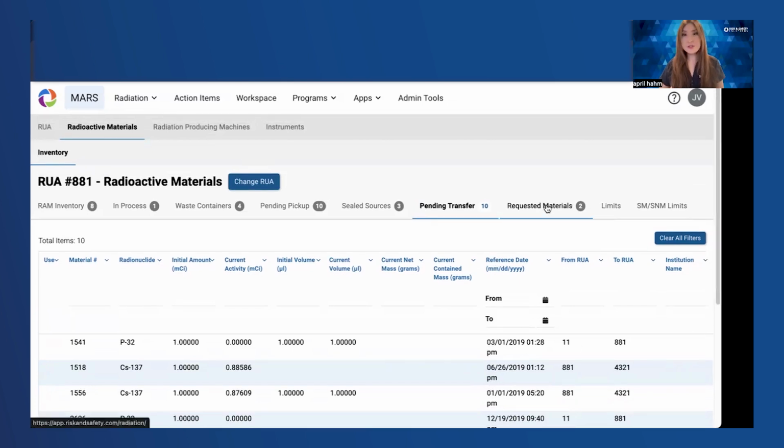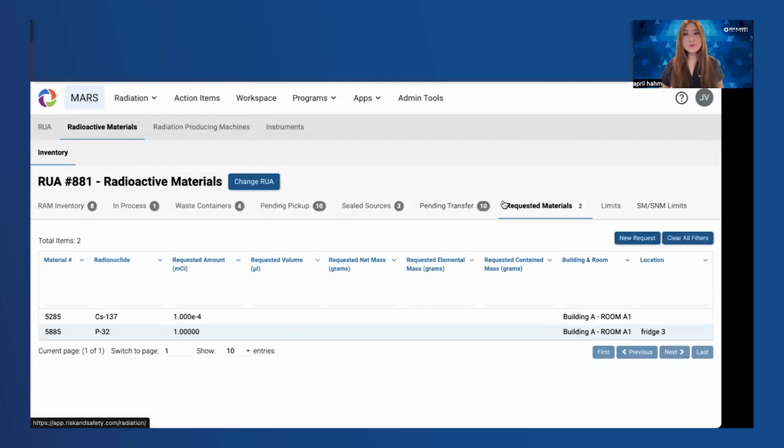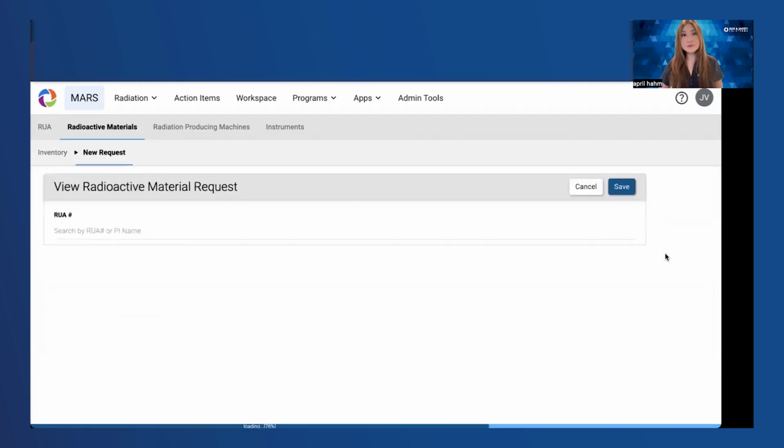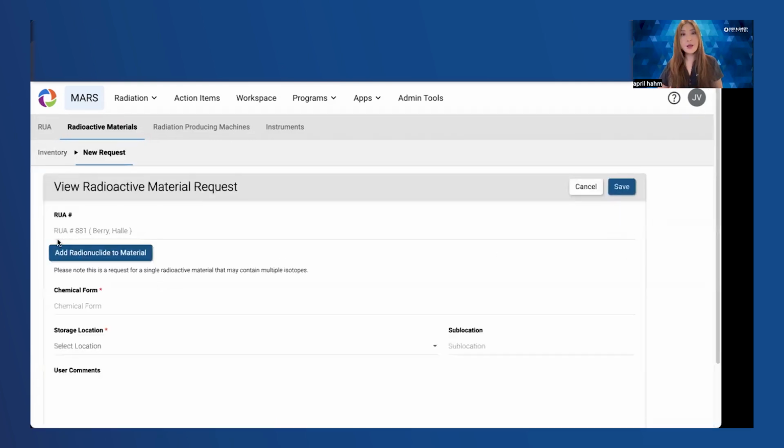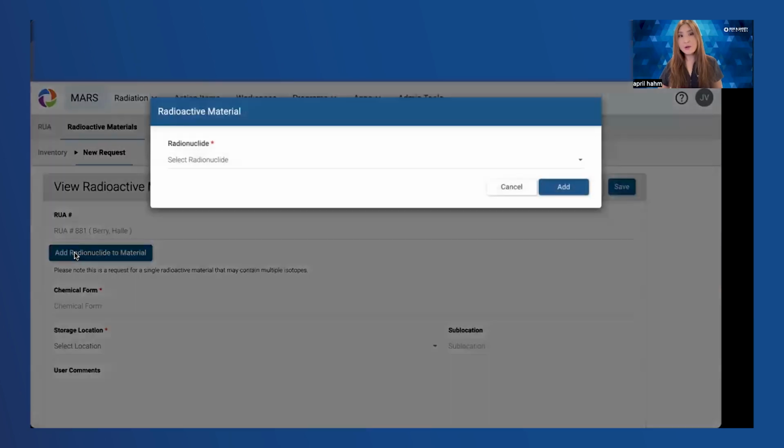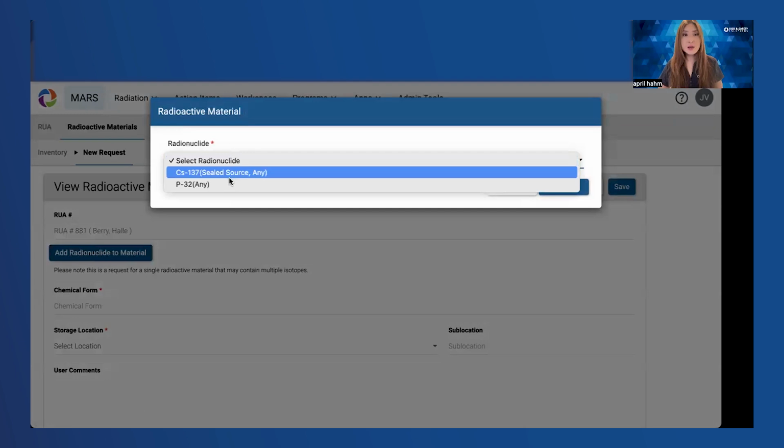And the requested materials tab. If you've requested any materials, they'll be listed here, and where you would like these materials to be housed. To make a new request for a material, this is one of two places where you can make that new request. So select new request. And for my RUA, I would like to add a radionuclide. I would like to add